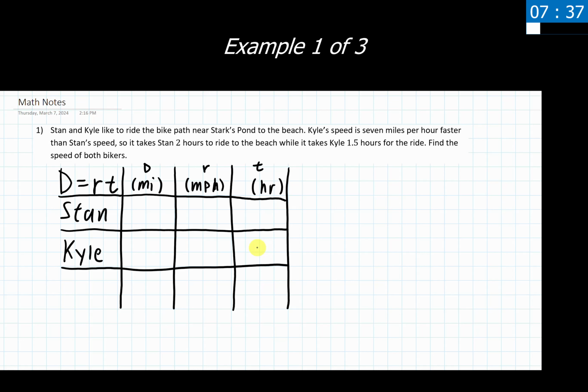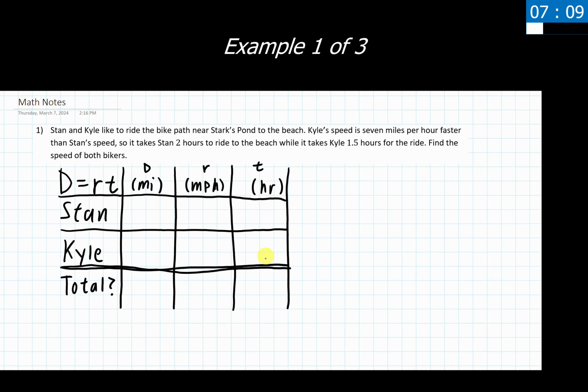Now I would also recommend leaving room at the very bottom for a potential 3rd row here. Me personally, I like using a little double line here to separate this out. Sometimes we have a total that shows up, or a total that we are asked about. We do not always use it in every problem, but I like listing it just in case maybe we need to add the distances together.